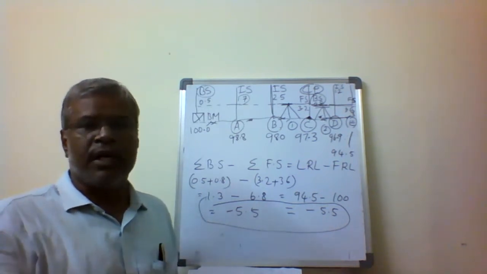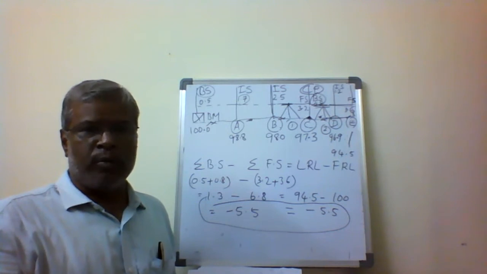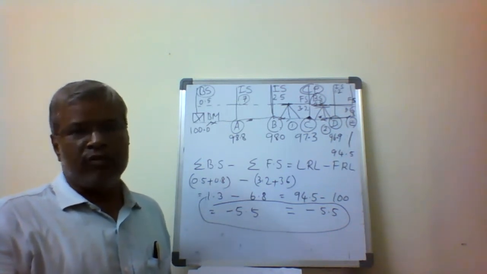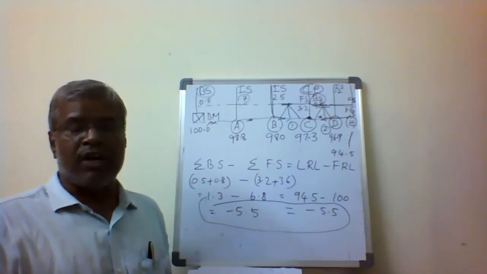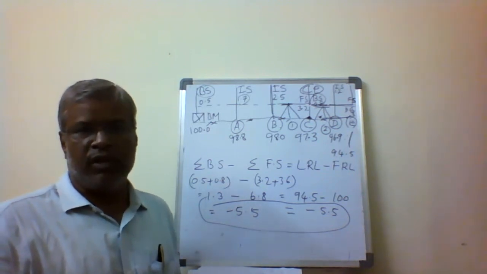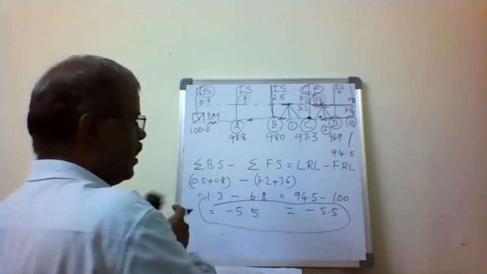From the height of the instrument, you subtract the foresight or the intermediate sight. We get the reduced level of that particular point, whichever point requires the reduced level or elevation. That point we calculate by subtracting from the height of the instrument, and we know the elevation of that point. So this is the process we use for the height of instrument method, also called the line of collimation method. This is the simple way to do the calculations.